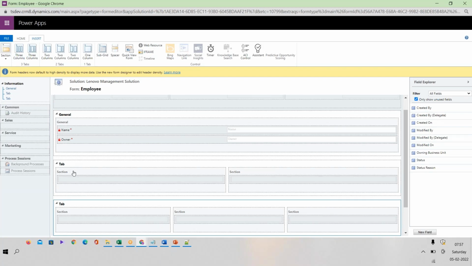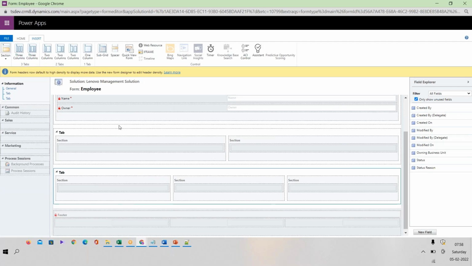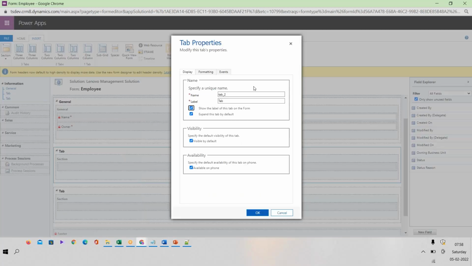So in this tab you see there are section 1 and section 2. Here in this tab you see there are 3 sections. This is called a 3-column tab. So there are 1-column tab, 2-column tab, and 3-column tab. Now let me give meaningful naming conventions to these tabs. So for the 2-column tab, I am giving